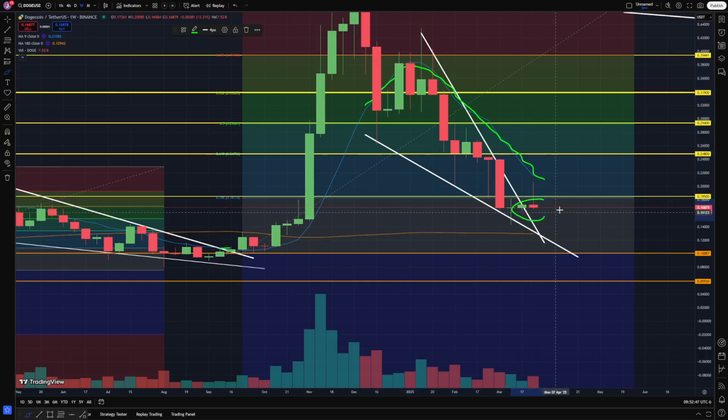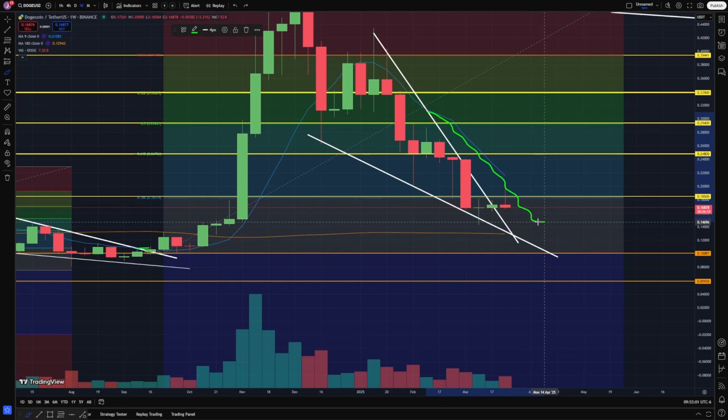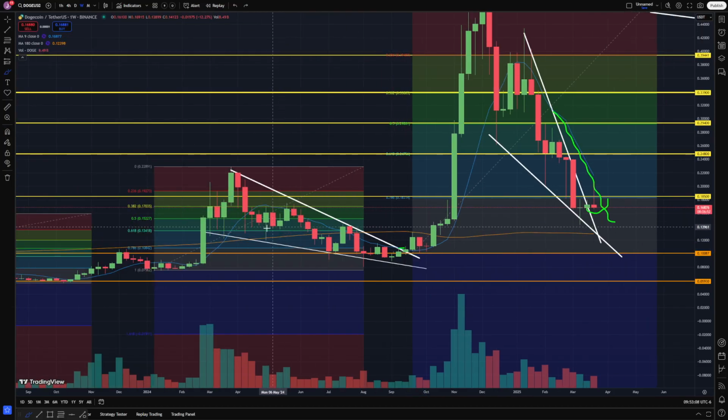I've been talking about this. I think we need to go sideways for a little while and let the 9 moving average come down so we can ease into it, as opposed to trying to break through it above us. You know what I'm saying? So hopefully it can come down, get closer to us like that. Then we can kind of ease into it, kind of like we did right here,